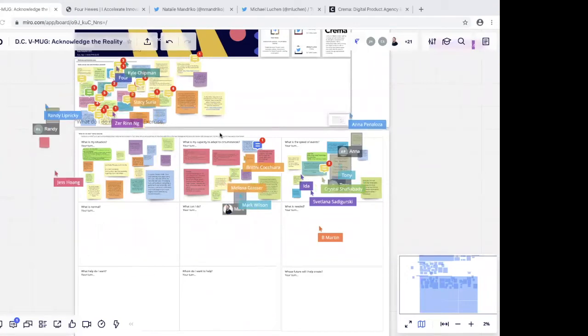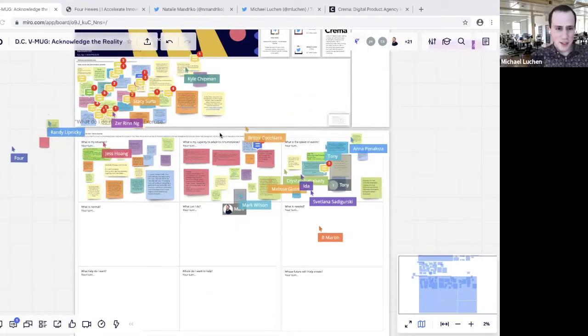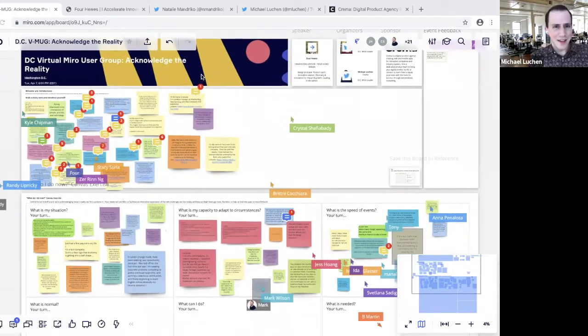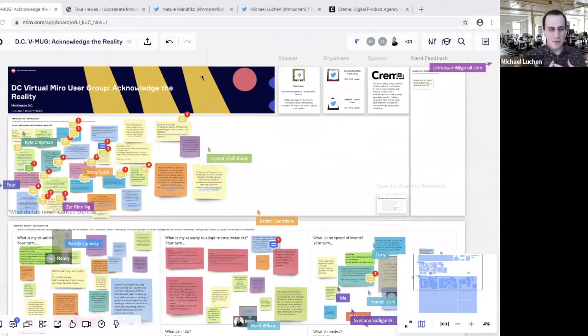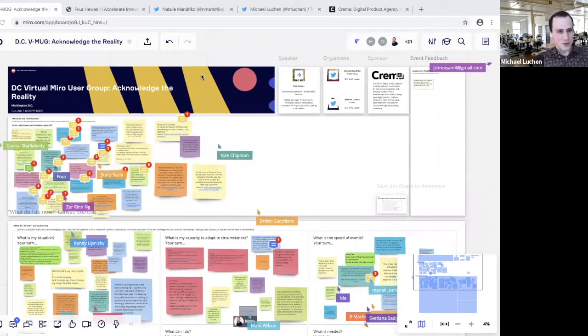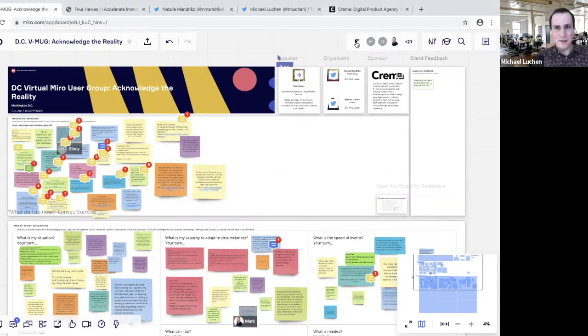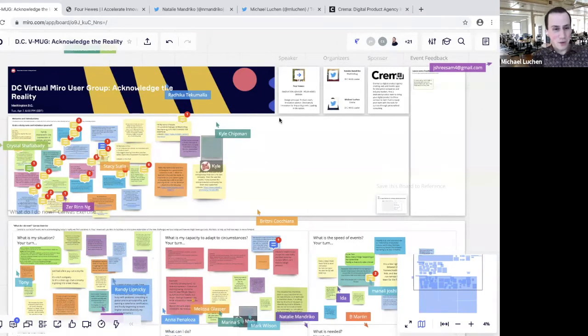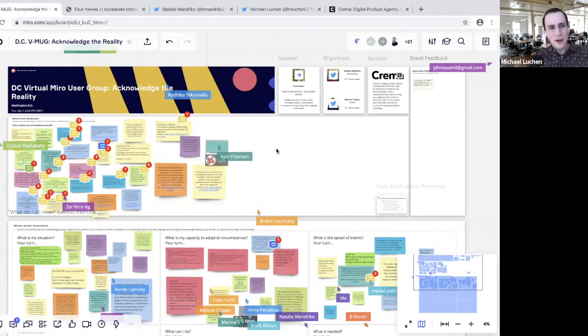Yeah, so Miro in a nutshell is a virtual whiteboard tool. It's a do-everything virtual whiteboard. The metaphor I like to use is it's like if Google Docs was a whiteboard, because you're able to turn on and off this ability to see everybody's cursors moving around. And so it gives you the feeling of being able to collaborate as if you're actually in the same room with everybody at a whiteboard. It's one of the reasons why I love this event so far, because it's so cool to see all this activity. It makes us feel that we're all in the same room, even though we're not.